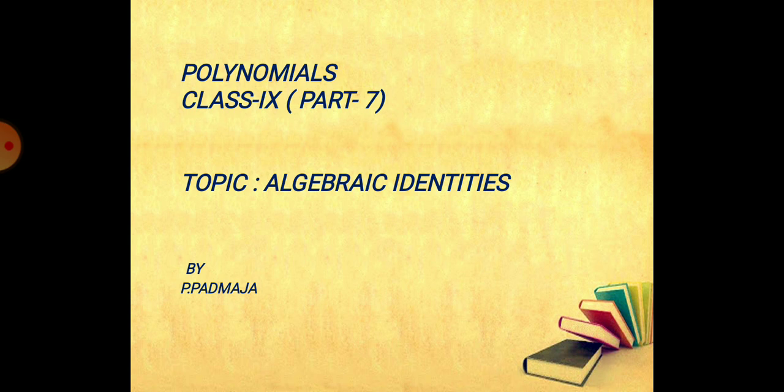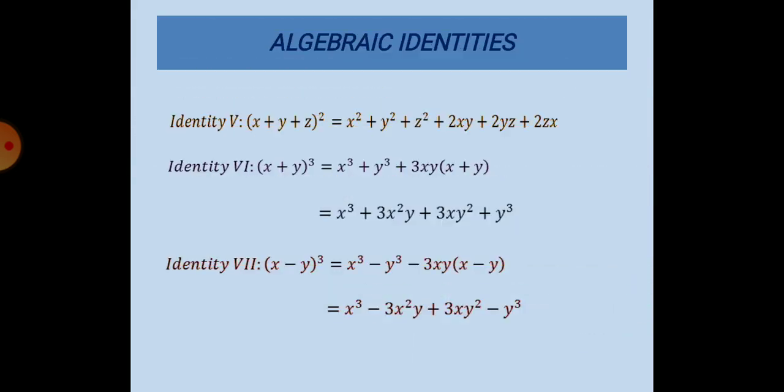equal to x square plus 2xy plus y square, x minus y whole square is equal to x square minus 2xy plus y square, x plus y into x minus y is equal to x square minus y square, x plus a into x plus b is equal to x square plus a plus b of x plus ab. Today we are going to learn three more identities, that is x plus y plus z whole